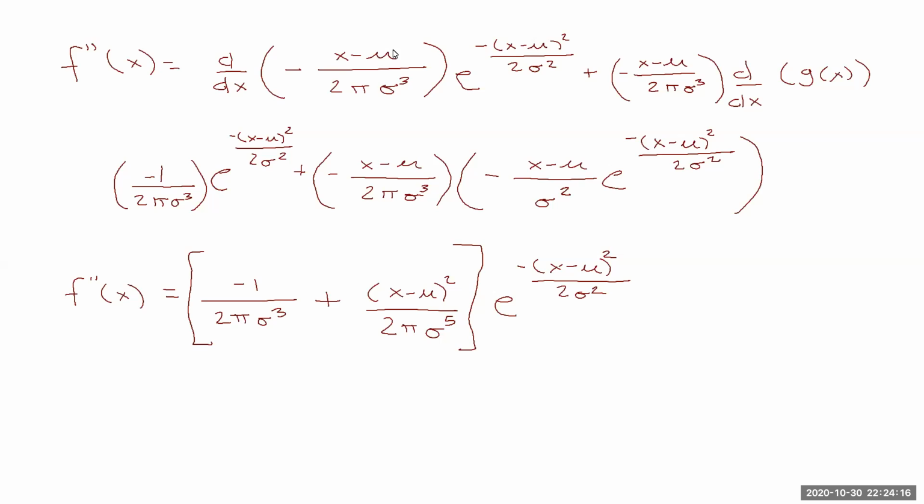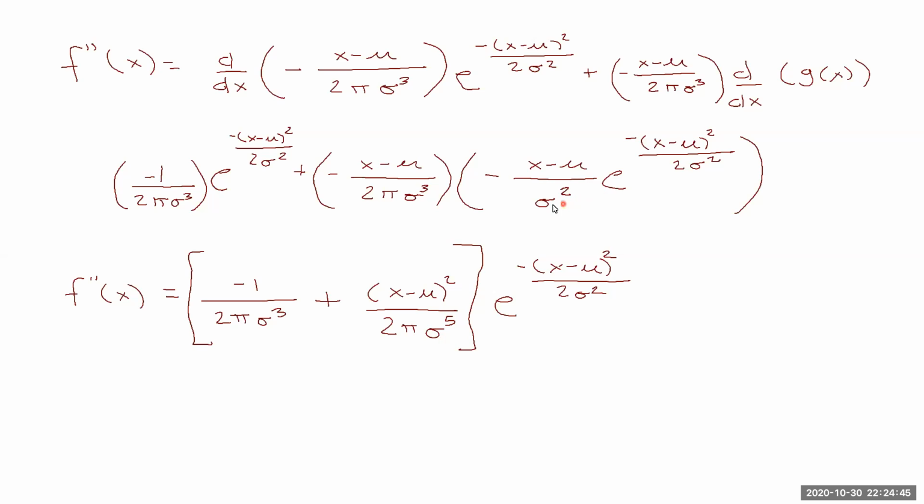The derivative of this function is just the derivative of the top, which is just 1. The negative goes to the front. 2 pi sigma cubed is just a constant, so we can bring that up. Multiplied by g, which is this function, and then plus, this we leave alone, times the derivative of g of x, which we did earlier, so we can just copy and paste that again,